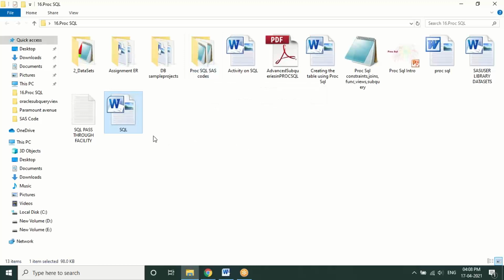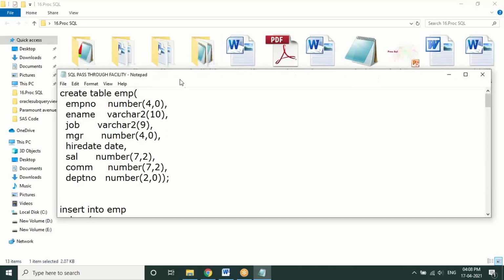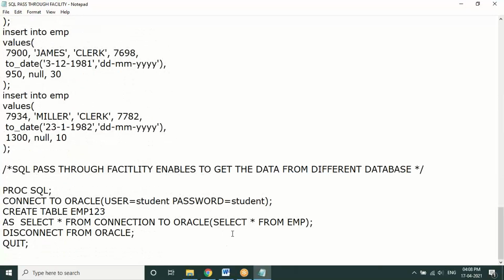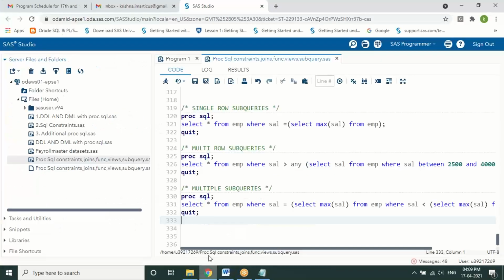And one other last part of this SQL: as we discussed, SAS is able to connect to any database in the market. This feature we are not able to use in this university edition because it is not connected to any other databases here.